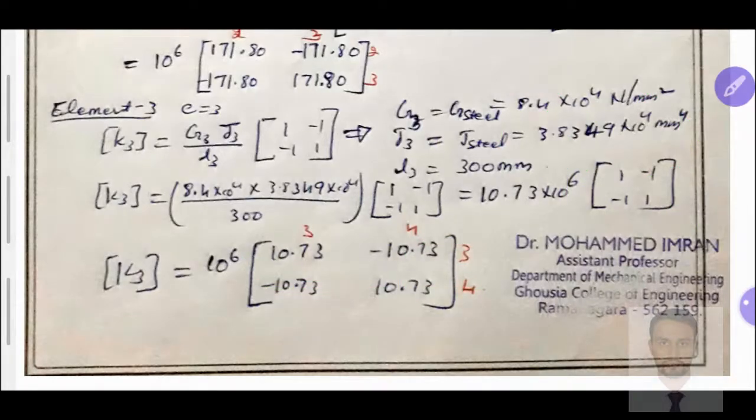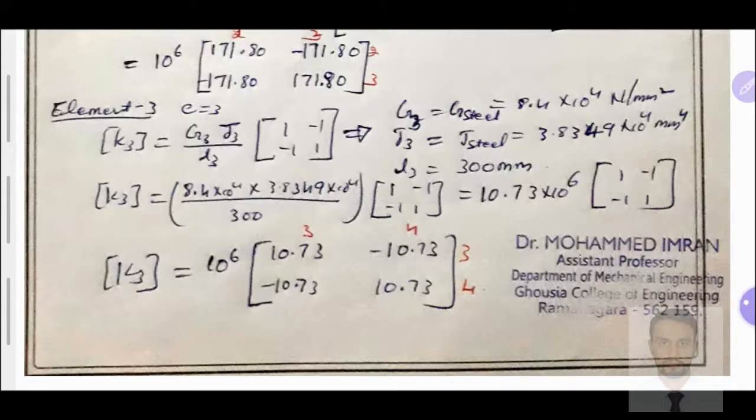Why? In a previous derivation and in a previous problem, a shaft is similar to the bars problem, but it is a shaft element which has a torque in the element. Due to the torque, it affects the modulus of rigidity and the polar moment of inertia for a given element. When we take a bar, there is a linear displacement. For the linear displacement, we consider the cross-sectional area and modulus of elasticity. But when we take the torque, it means shear stress will take place. So the shear stress affects the modulus of rigidity, which is interrelated as per Hooke's law. Based on that relation, we have derived the elemental stiffness matrix.